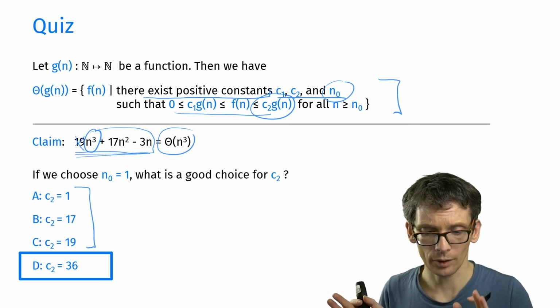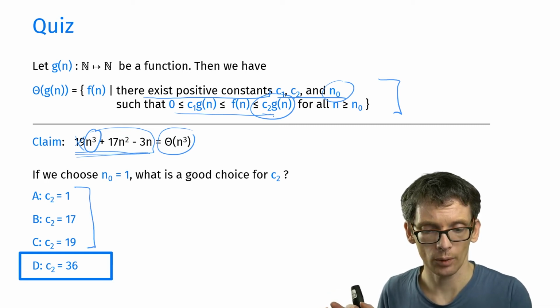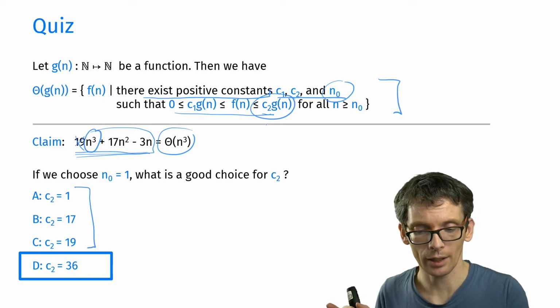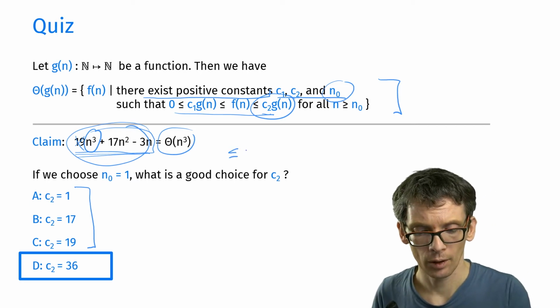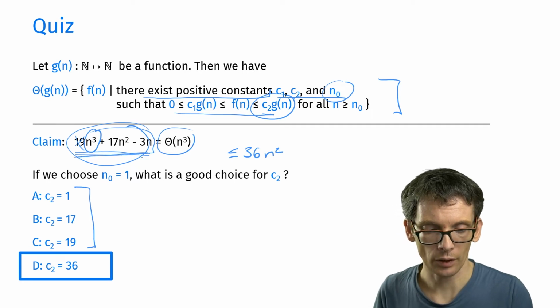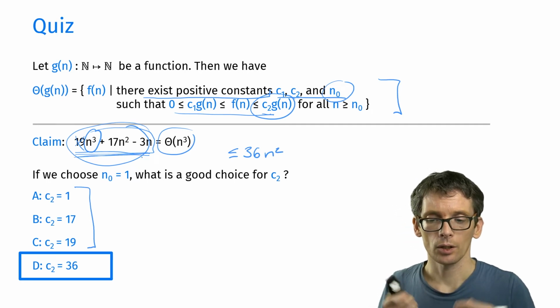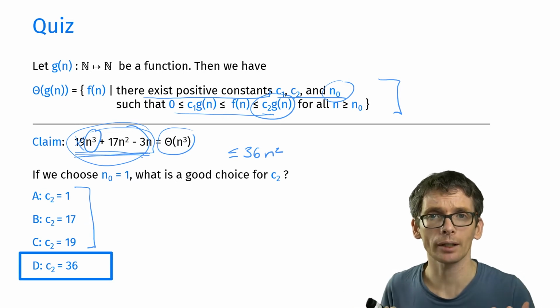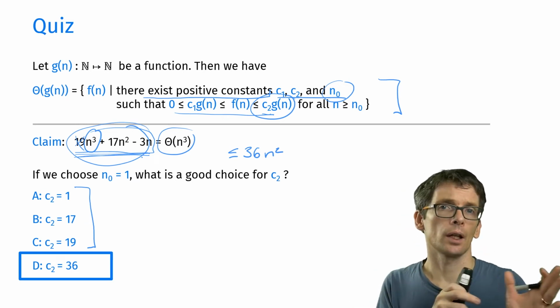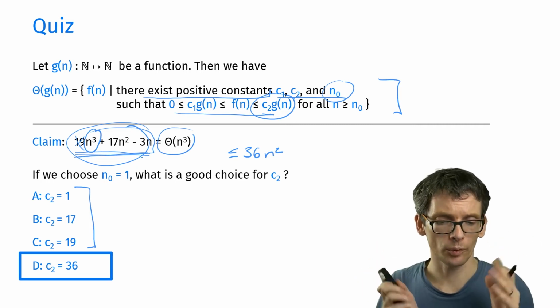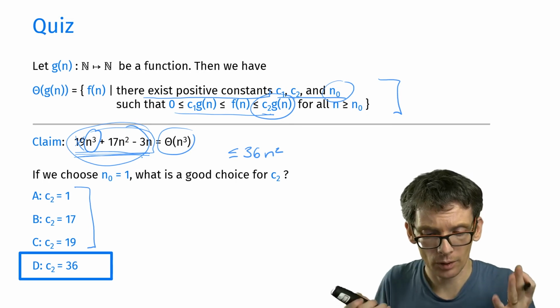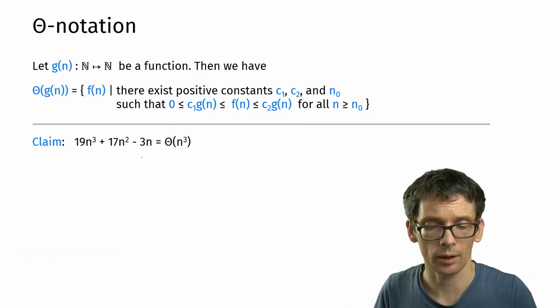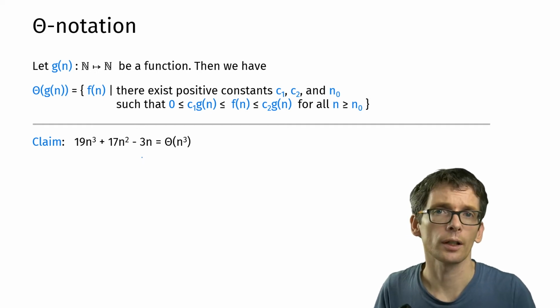So why is 36 a good choice for C2? What I'm essentially saying here is that I'm going to bound this function by 36 times n squared. So why is this function smaller or equal to 36 times n squared? Let's prove our claim using a mathematical proof. In a later lecture, we're going to look at mathematical proofs in slightly more detail, but here we're going to see a first mathematical proof in this lecture